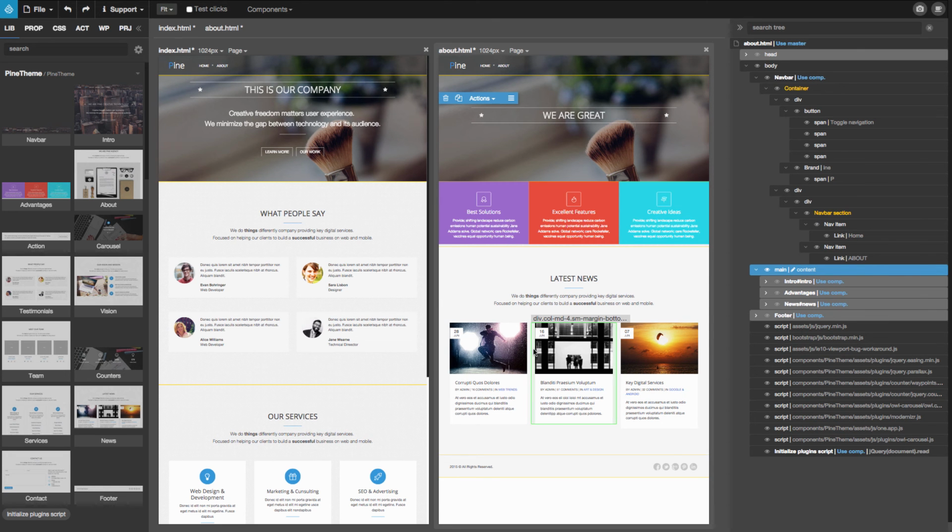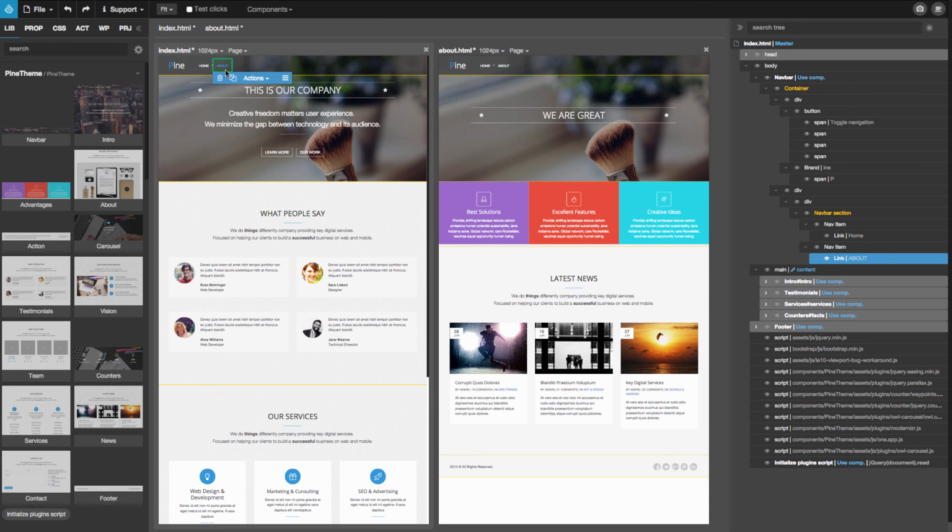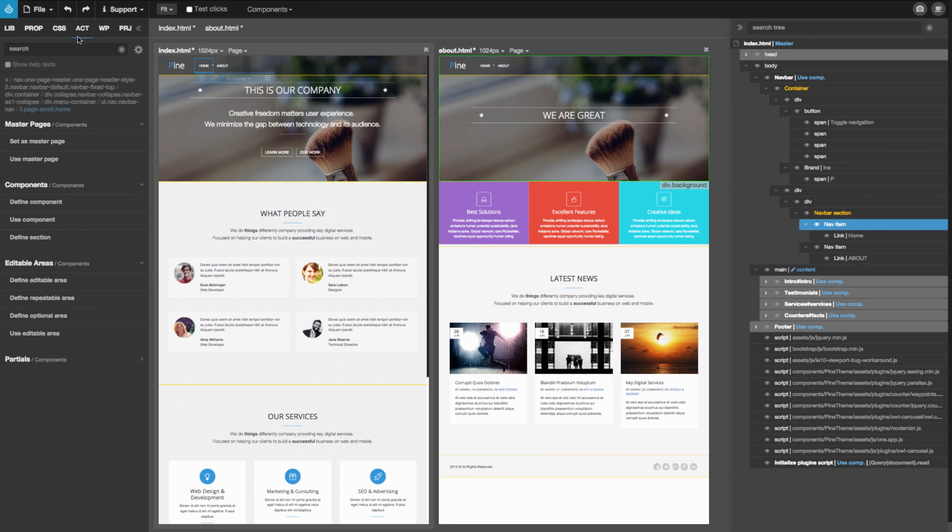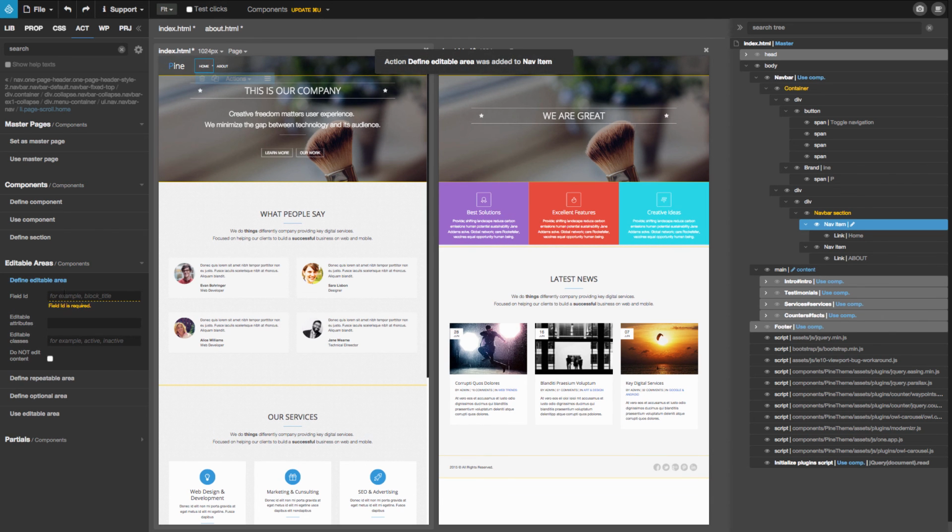So there's a lot more to master pages. For example, we can also define editable classes. Well, let's do that while we are talking about it. So on the navigation items, because we want that on the home page, home is set as active, and on the about page we want about to be active, right? So let's select the nav item, and then we say define editable area,